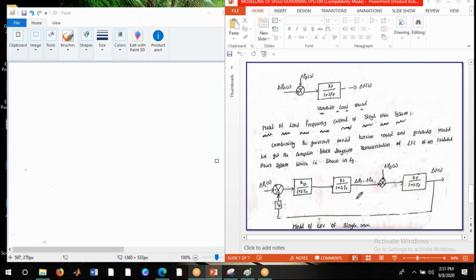See here, it is a combination. If you know this block diagram, then you can easily study the third unit, because the third unit completely depends on this block diagram. If you know this diagram well, it is easy to study the third unit. That's why I am reminding you: please concentrate on this derivation, then only you can understand what we are going to discuss in the third unit. And one more thing, let me show you one problem on this topic, using the equation which was derived now.